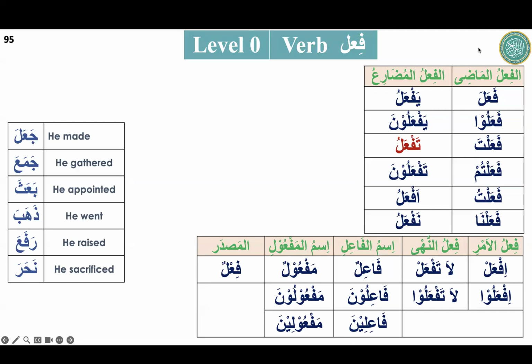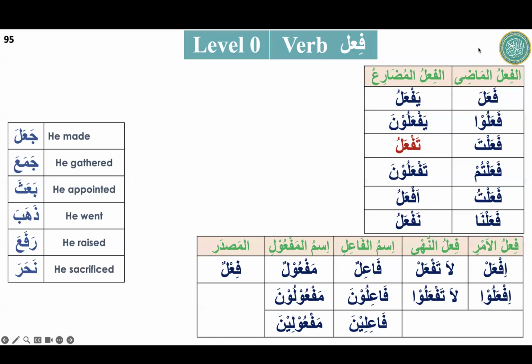It will help us to build the vocabulary, and then we will have different types of verbs. They will have different shapes. But the most important thing is this complete table. First of all, this complete table should be at our fingertips, at least for the fa'ala table. When we start with fa'ala, we should know the 6 madi, 6 mudare, 4 amr and nahi, ismul fa'il, maf'ul, and